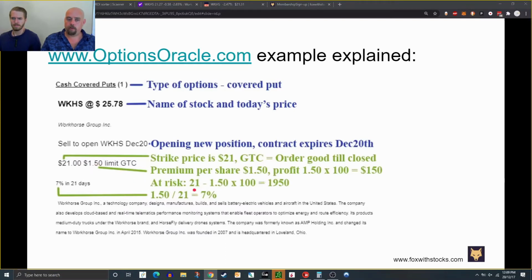So you take 21 minus $1.50, right? You get $19.50, and then you times it by 100 shares because you're doing one contract. So for every contract, you're putting up $1,950 to make $150. That might seem scary, but you'll see that the probability of profit using these trades is